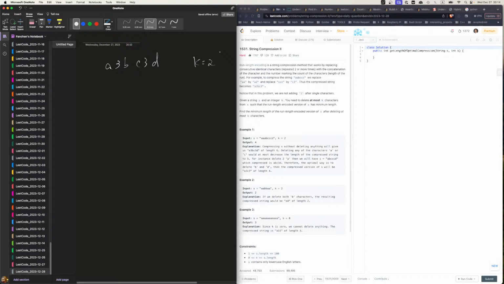The rule of thumb, right? Rule of thumb is, I'm not 100% sure, but I feel like if you have individuals, you just definitely remove them, because each one you remove will be the same benefit, right? Because you remove a letter and you try to make the compressed version shorter, and the maximum you can reduce by removing a letter is reducing the length by 1. Therefore, if you remove, and by the way,